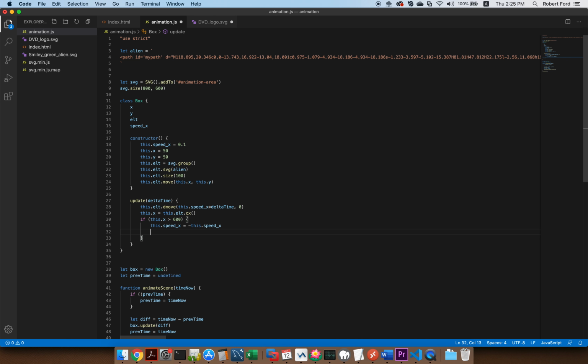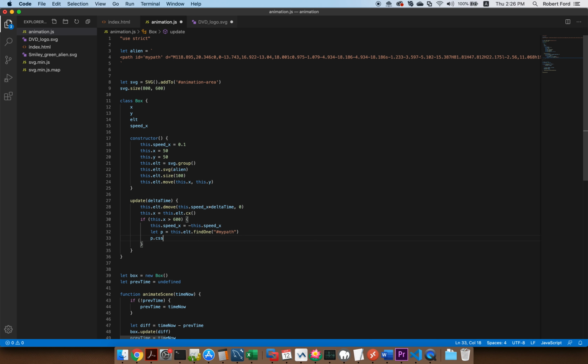And what I'm going to do is come down here to where the logo gets bounced to the other direction. And here's what I'm going to do. So let me make a variable called p, and I'm going to say this.elt.findOne('#myPath'). Okay, and what this is going to do is search through the element, which is an SVG element, which has a bunch of parts in it. It's going to look for something called myPath. Okay, now assuming that I find it, and hopefully I've spelt everything correctly,